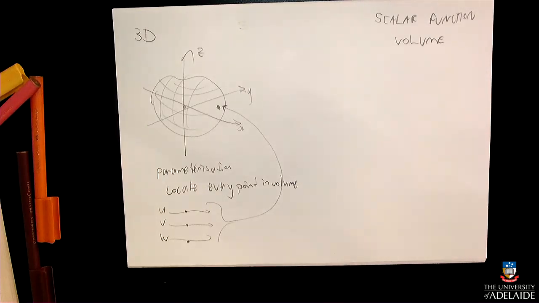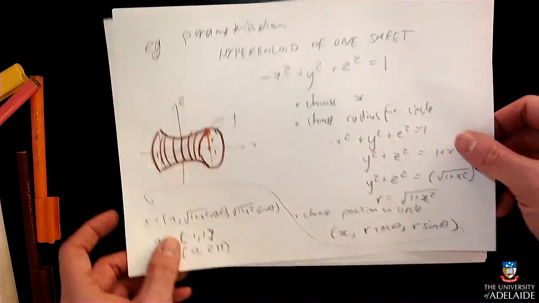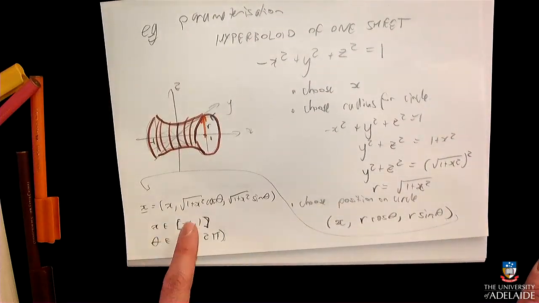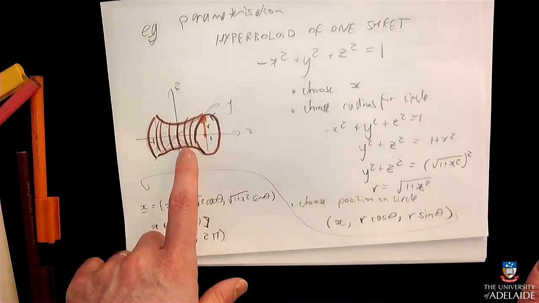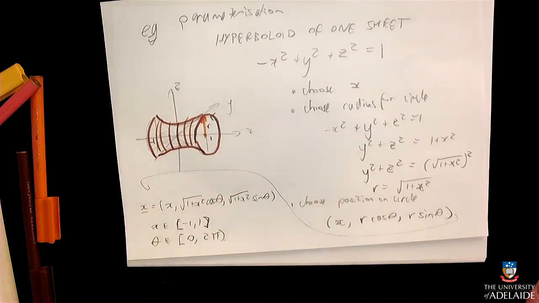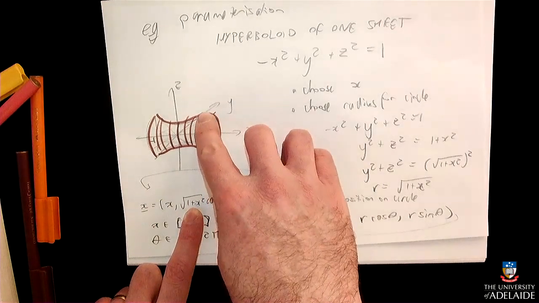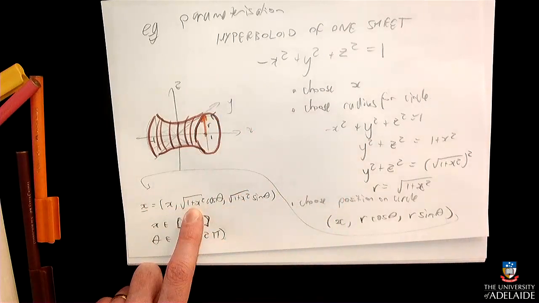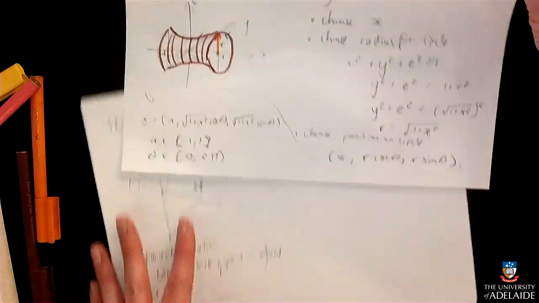A classic way of making a parameterization of the space inside a surface, if you've already found the surface, is to add an extra coordinate. So this surface I had already found how to locate every point on the surface, on the edge, but I want to get into the middle. Well, that's okay, because maybe this is like 100% of the way to the edge, and I could just have another parameter to say, well, what percentage of the way to the edge of this circle am I? So I could do the parameterization of,